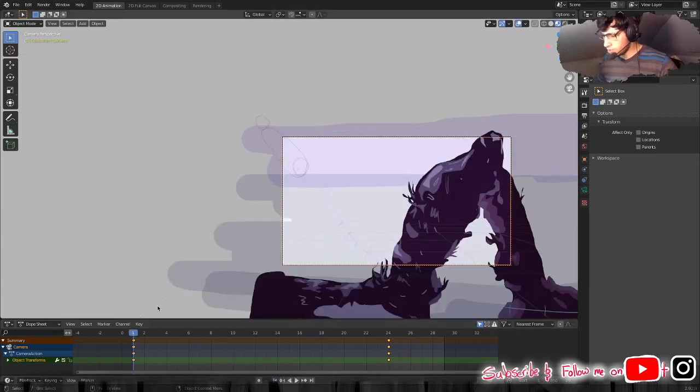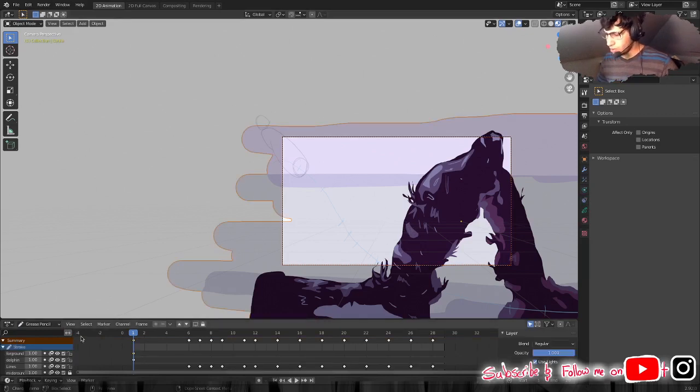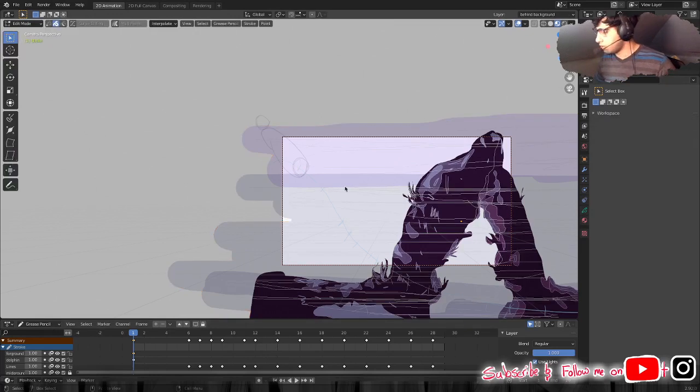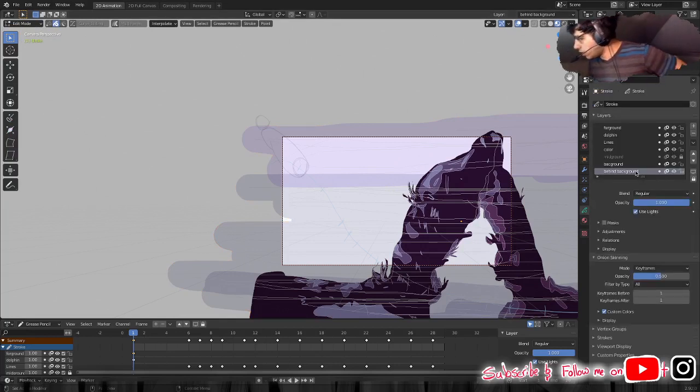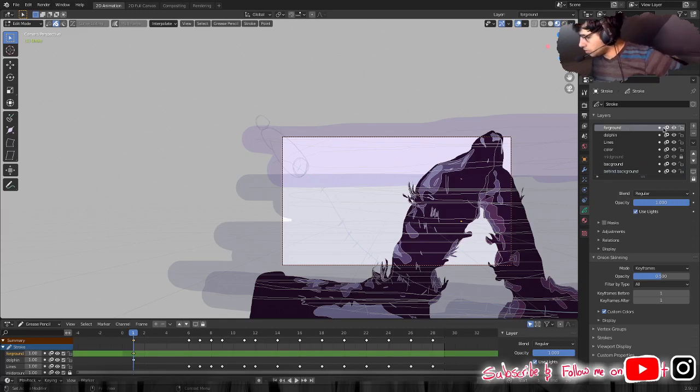Another thing that you could do is go onto grease pencil this time, right? Now this is why it's important to have the objects be the way that they were done, right? I have all my animation being done with this brush right here. So I'm gonna go onto edit mode this time, and then go onto my layers, and then on my foreground, which is this, right? I keep that the same, but my background